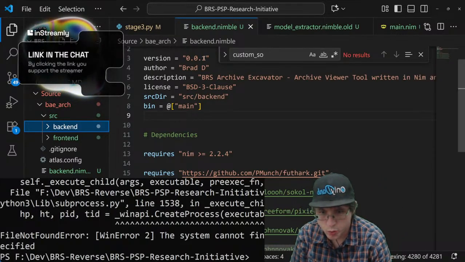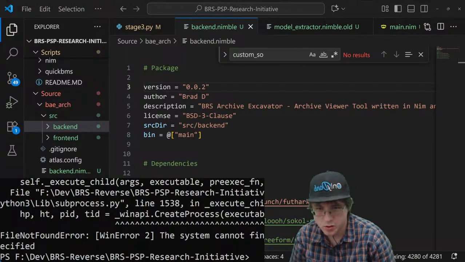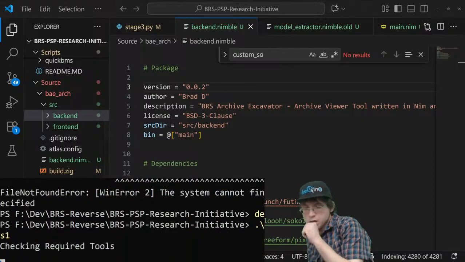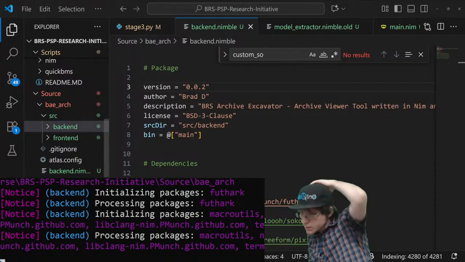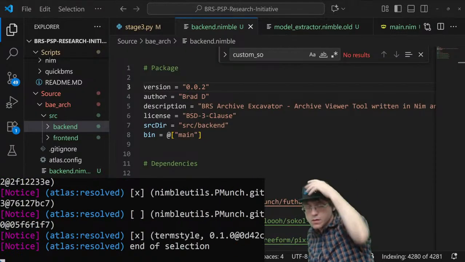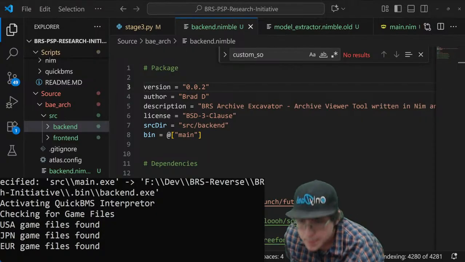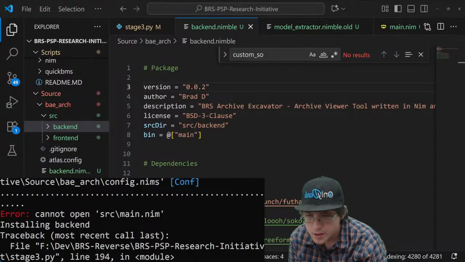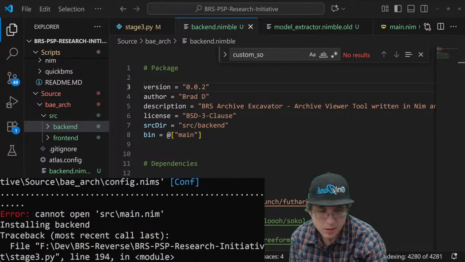So should work fine. So I'm going to set you to version 0.02. Now, are you going to build properly? Source main. Maybe it's the problem.